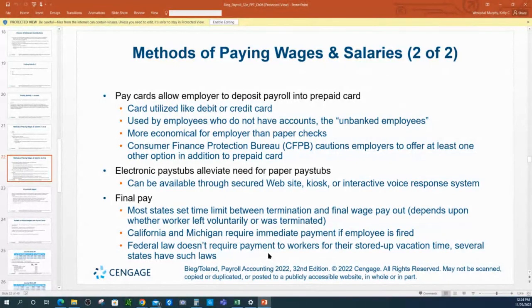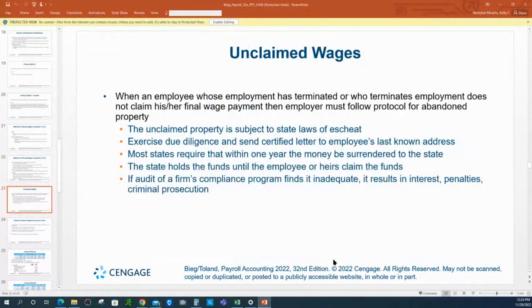But there are certain states where employees have to be paid sooner than that, maybe by the end of the business day, maybe employers have a week, or maybe they have to be paid immediately. But there is no requirement under federal law that employees be paid within a certain period of time once their employment has terminated. Okay, last thing here that I want to talk about